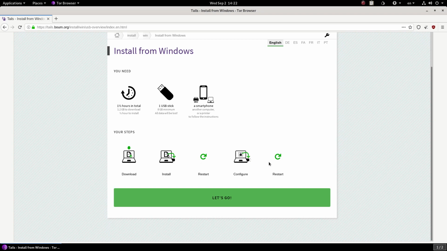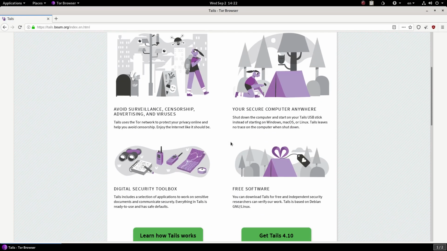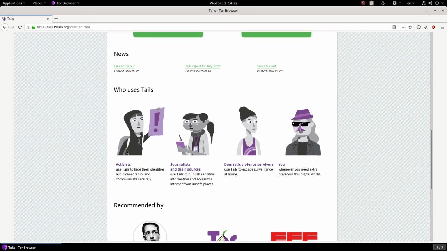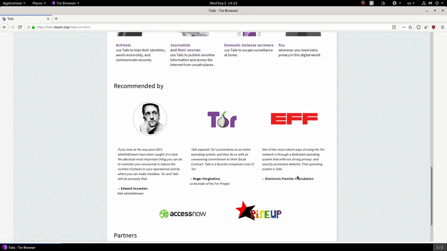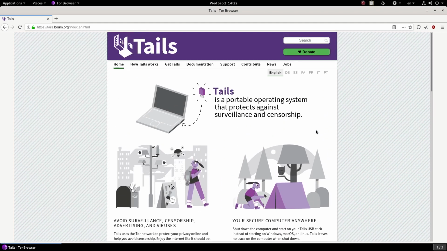Download, install, restart, configure. All right, so some basic information here. If you are new to all this, definitely take a look at this to give you some idea of what's going on. It says here Tails is used by activists, journalists, and domestic violence survivors to escape surveillance at home. Oh, okay. I never really thought about that. And of course, whenever you need extra privacy in this digital world, this is used by Edward Snowden. Approved by the EFF, the Electronic Frontier Foundation. Okay, looks all good to me. So let's go ahead and